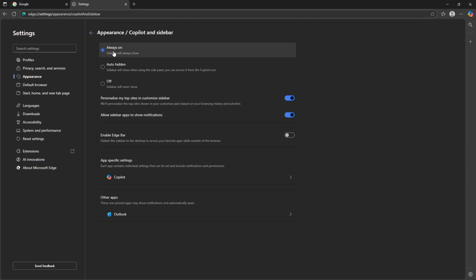Feel free to explore the settings further anytime you want to tailor more aspects of your Microsoft Edge experience. Remember, your browser is a tool that should work best for you, so don't hesitate to make these adjustments to suit your personal preferences. Make sure to experiment with other features and settings to get the most out of your